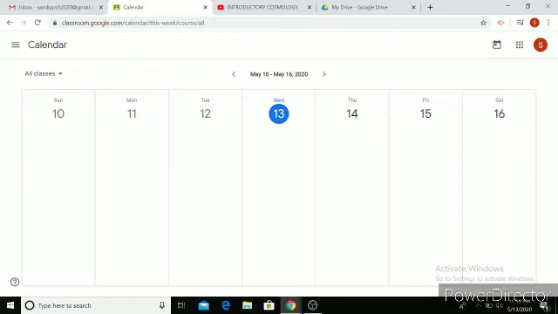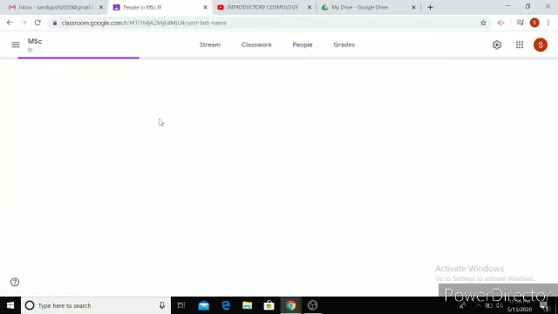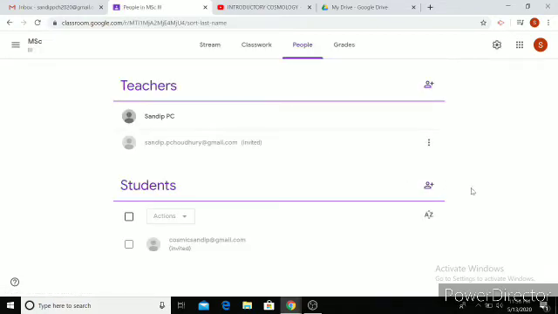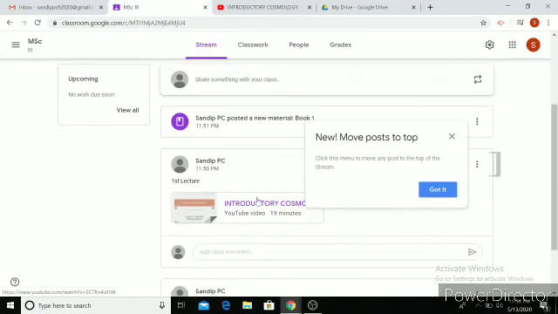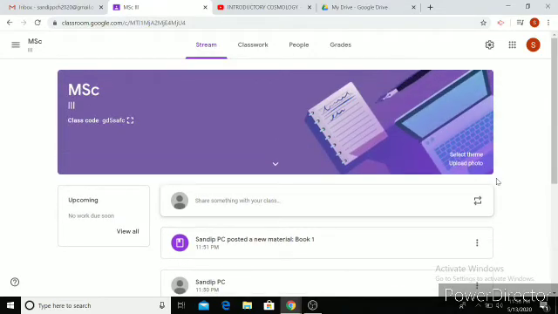And then what happens is, not this, sorry, go for classes here. Go for classes. What happens is here we have it, and then you can take that Google calendar link and put it here in the stream, and then the students will know what time your quiz is and so on. You can additionally inform the students, because in case your students are not very active in Google Classroom, you can definitely tell them through WhatsApp or some other media to access the Google Classroom.